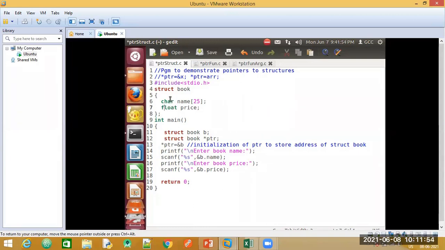Now to declare a structure, first we make use of the keyword struct and then you specify the structure name. So it could be struct book, or struct swap if you are trying to swap two numbers, or some other name. Usually you have seen the examples of struct student. That is the standard example that you have followed. Struct student, struct